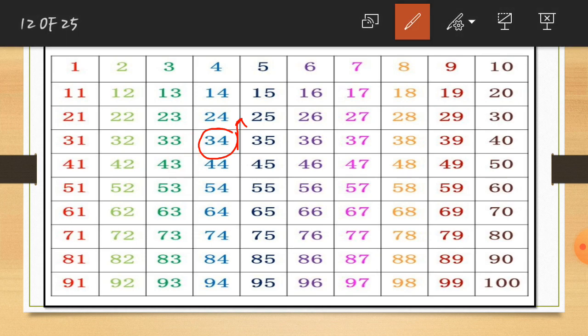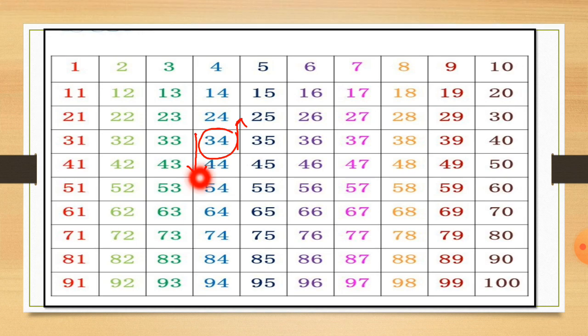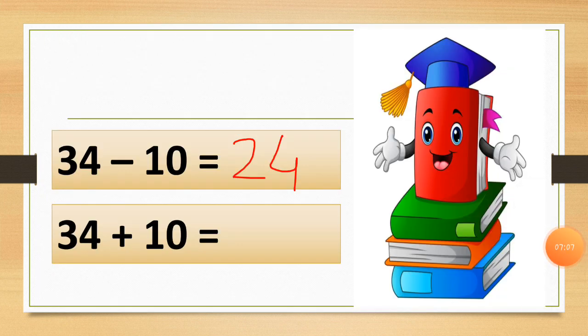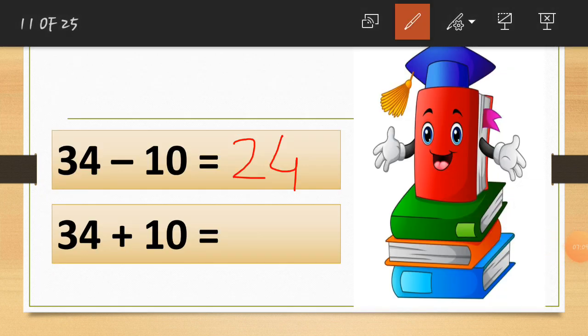I'll show you with an arrow. Here I draw one arrow. You can see this line. Just one step, and you will get the number. Here is the number 34, and you go down one step, then you will get the number 44. That is how easy it is. Let's write the answer, 44. Here I write 44, which I got as the answer. So here is the answer, 44.